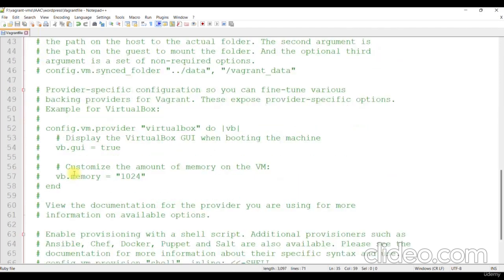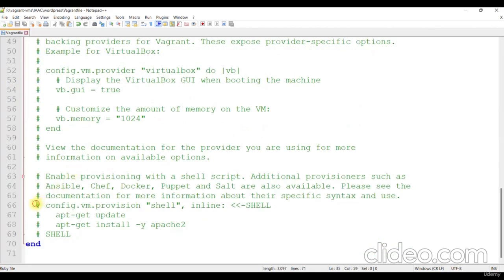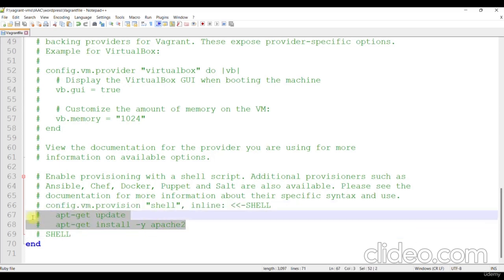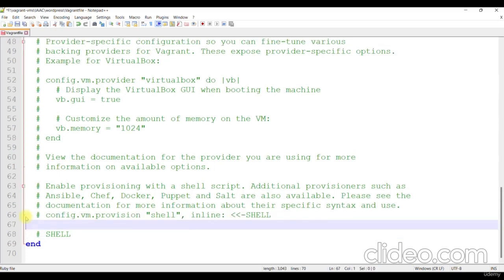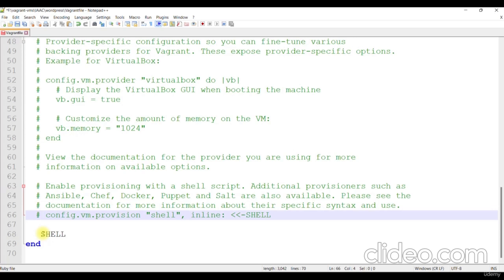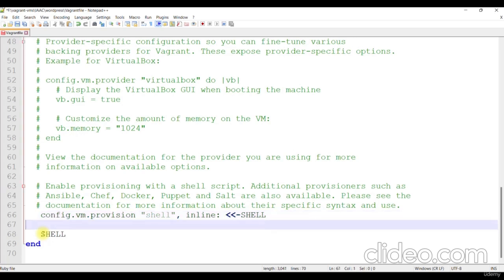And all the WordPress setup commands will be in the provisioning section. So let's remove these two lines, 67 and 68. Let's remove the hash from this command shell and here as well. In between these two lines, we will put all our WordPress commands, the Linux commands, which will set up the